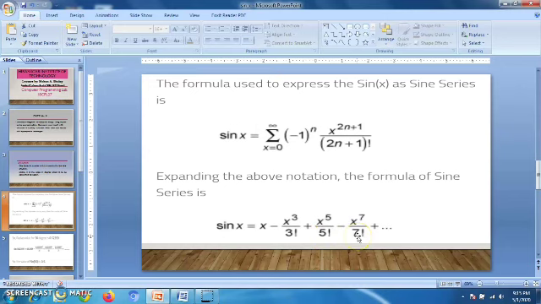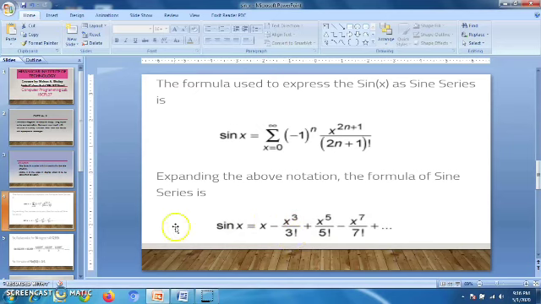One more observation is that the sign changes alternately. For the first term it is plus, for the second term the sign is minus, for the third term it is plus, for the fourth term it is minus, for the fifth term it will be plus, for the sixth term it will be minus, and so on. In this way you have to observe these terms so that you can write an equation or a program to calculate this in C. We'll see how exactly the program can be written for this in C.